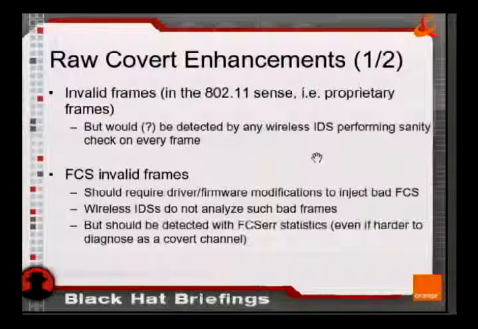And so if we know the kind of frame we are using, it means that usually Wi-Fi IDSs or even people listening to the network won't be able to spot or to detect the invalid checksum frames, because usually on Wi-Fi that's something very common, so you don't take care about those frames. And you can use those frames to play with covert channels and do some communication between systems, being quite stealthy.